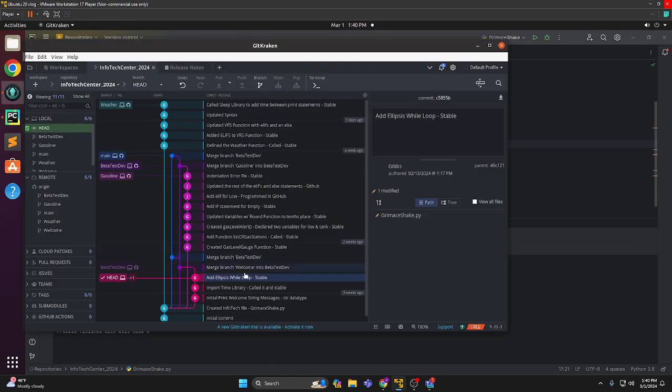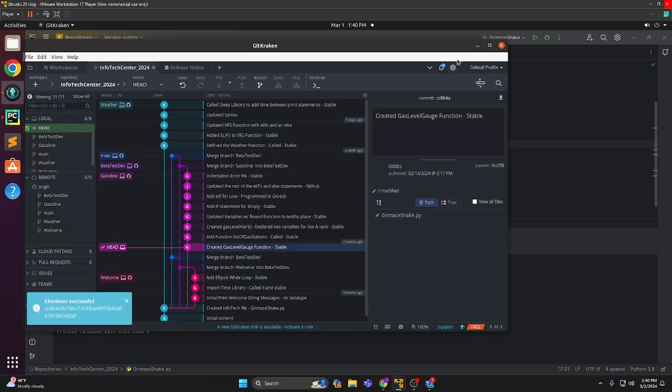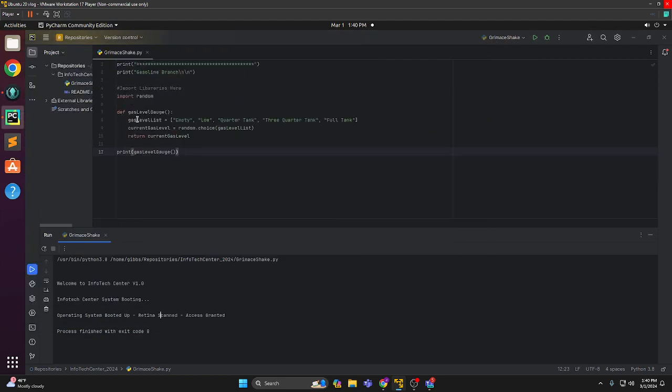Now, moving on to the next, we see that I merged a bit of branches here. I'll get into merging a little bit later in this video. I'm not gonna worry too much about that now. I'm gonna go into my gasoline branch here and see what I did in here. So we see that I have my initial print showing me that it's the gasoline branch, and I imported random,